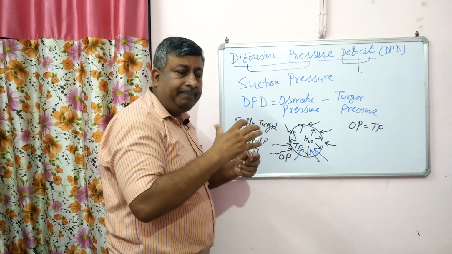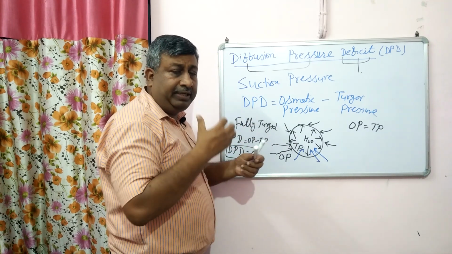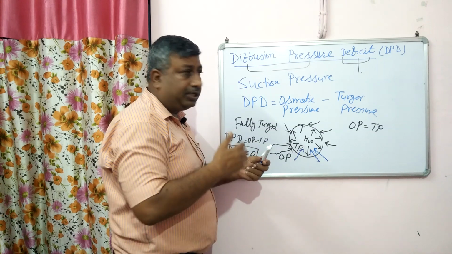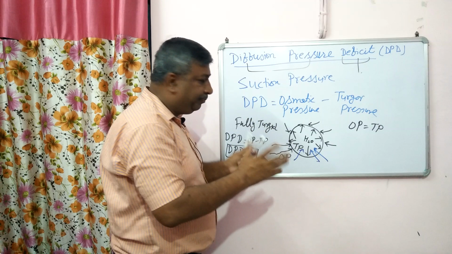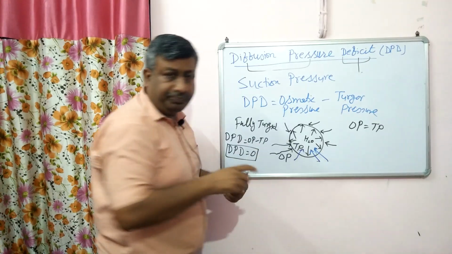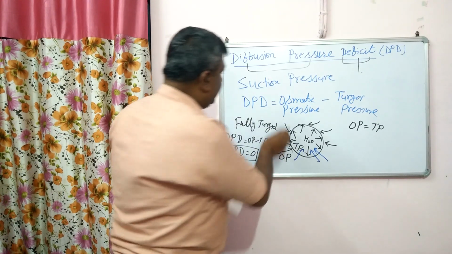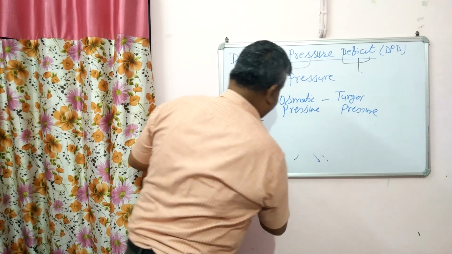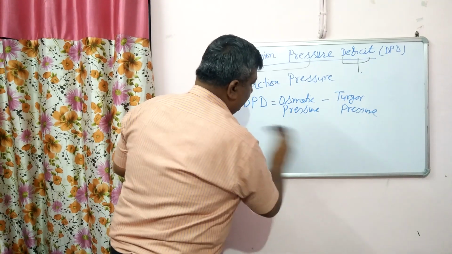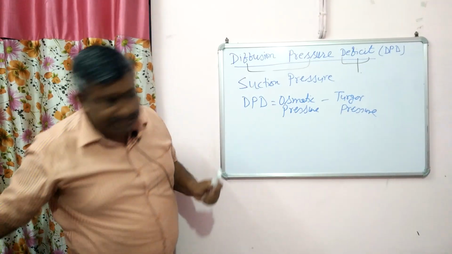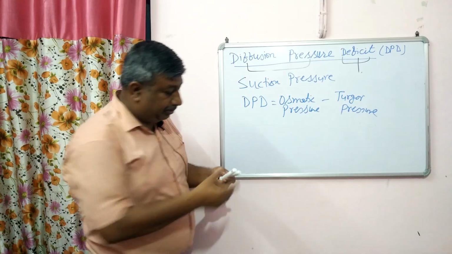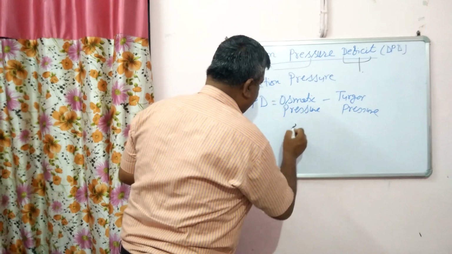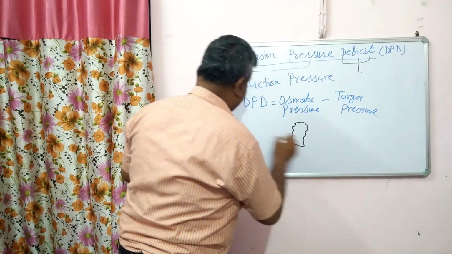उस समय क्या होती है, सेल फुली टर्जिड होती है. तो in a fully turgid cell, turgor pressure is equal to osmotic pressure and there is no further entry of water, so DPD is 0. Another case may be that the cell is flaccid. Flaccid cell is shrunk. Suppose it is a shrunk cell, a flaccid cell,